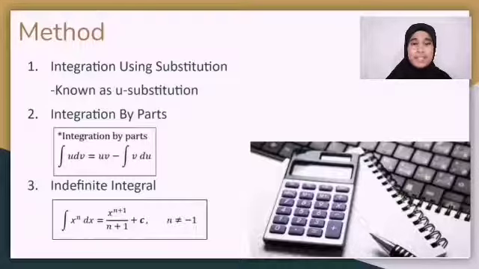Integration by parts is a process that finds the integral of a product of functions in terms of the integral of the product of their derivative and antiderivative. It's one of the ways to solve integration problems. The formula for integration by parts often makes it possible to reduce a complicated integral involving a product to a